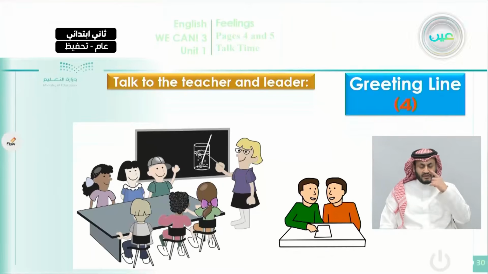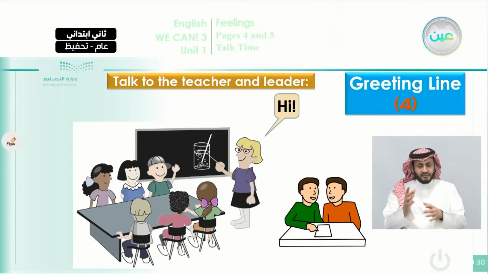Okay, we will have an example here. Talk to the teacher and leader. When you listen now, you will find out about this picture. This is in a classroom, and you can see here some boys sitting, and they want to participate. They want to take part in the class. One of them is saying, I am first, and one is saying, no, I am second, and so on. So let's read it and listen to it again together.